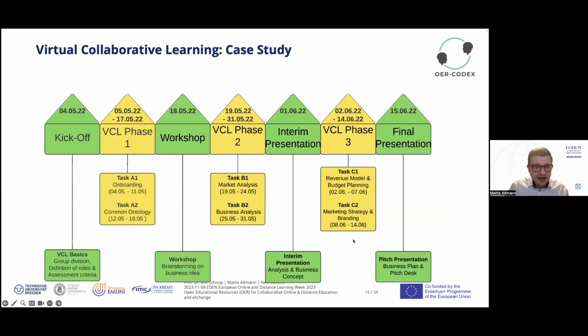You can see here an example of last year's virtual collaborative learning module, where you can see green and yellow bars, and those green bars are synchronous activities where all come together in a virtual video chat session or in a webinar like we are doing here, and those yellow phases are asynchronous phases. So the students can work on the learning platform self-paced. They can decide when they meet up, when they do their work, if at 2 in the night or at 6 in the morning. They can do everything self-paced.